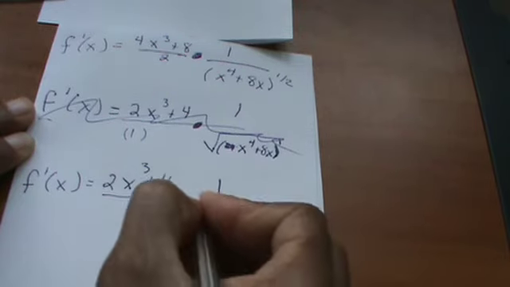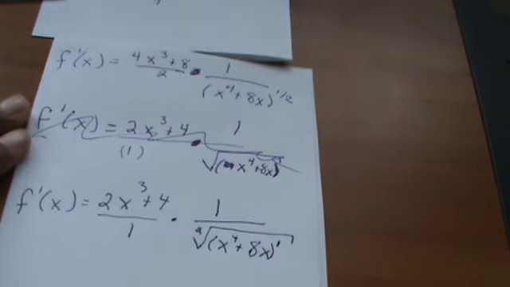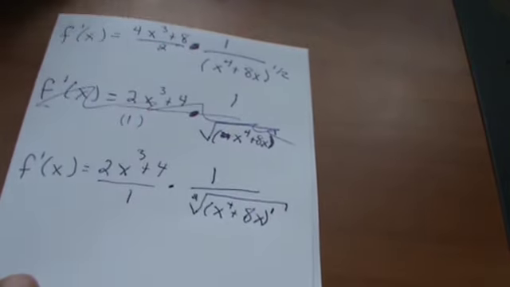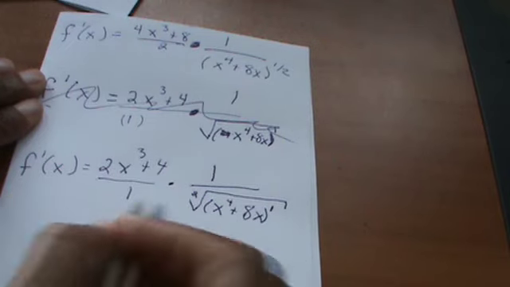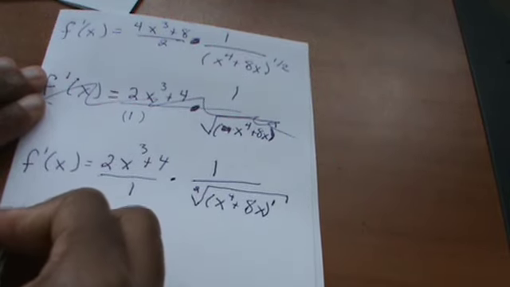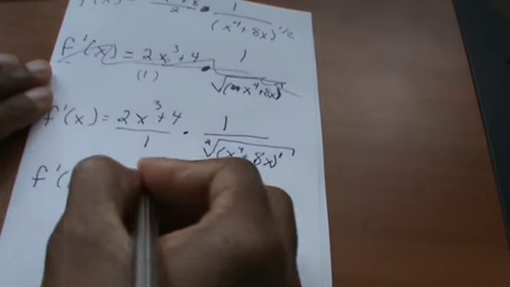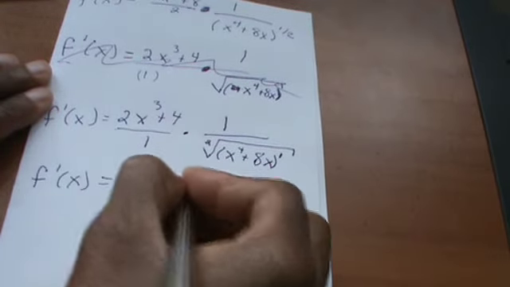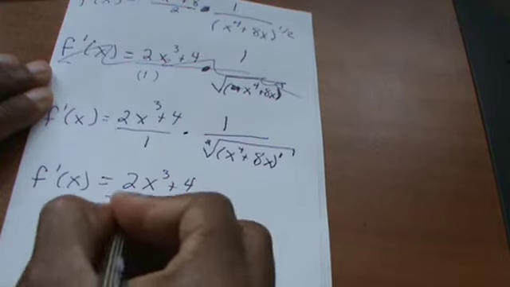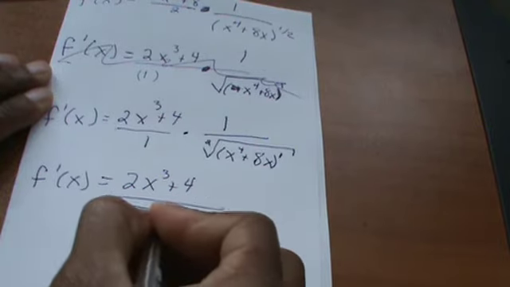Notice there's a 1 here and a visible 2 there. Of course, you can combine that even further by multiplying straight across for the numerator and denominator. So then your final answer would be 2x cubed plus 4 over the square root of x to the 4th